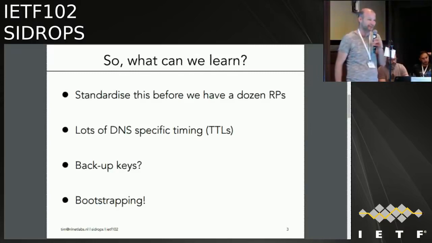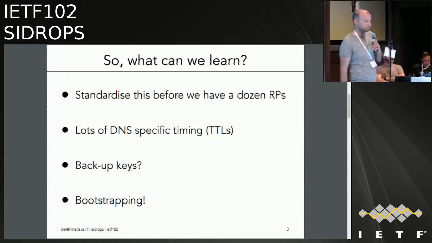But I have more. Rob Austein, just two quick comments. One, I agree about the lots of DNS-specific time and TTL stuff. That was self-inflicted DNS damage on DNSSEC. Don't worry about it. The backup keys, I would recommend you at least think about a bit more. The main reason being that there's no way to do an emergency key roll, basically. You can do staged key rolls, you can do planned key rolls.